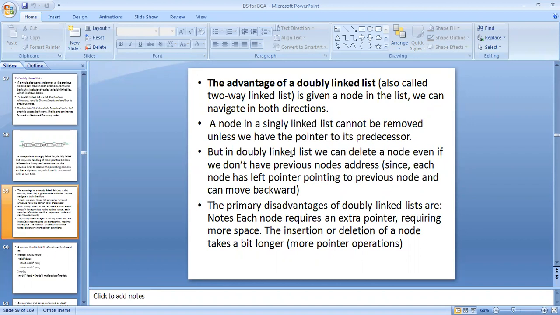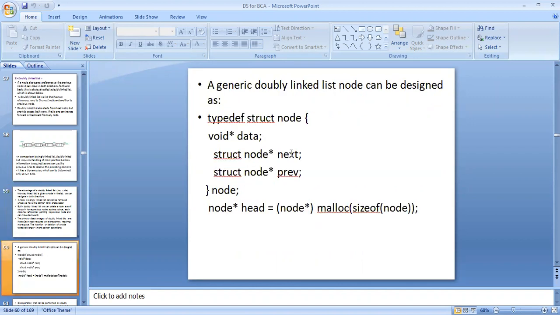The primary disadvantage of a doubly linked list is that each node requires an extra pointer, requiring more space. The insertion or deletion of a node takes a bit longer, with more pointer operations.